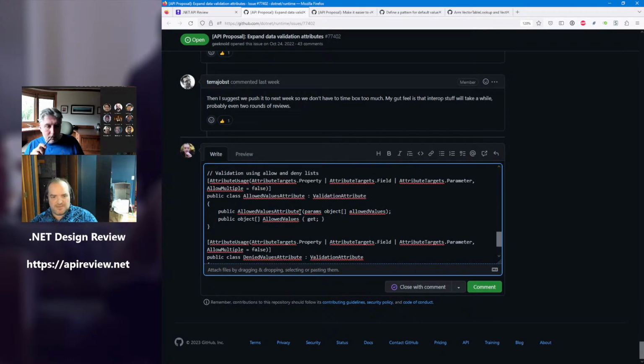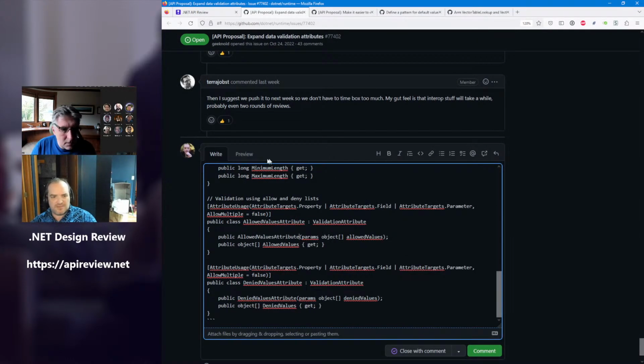Have we reached a conclusion on whether we need the properties to be a read-only span of object? I mean, I asked the question and nobody else cared, so I'm fine leaving it as object array in and object array out. Okay. Yeah, would it be cleaner actually to make it a read-only collection of object? The array is actually going to be encoded in metadata as an array, and any collection you could create would be backed by an array. So I don't think there'd be any benefit to doing so.